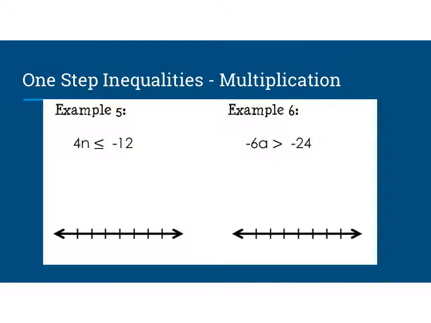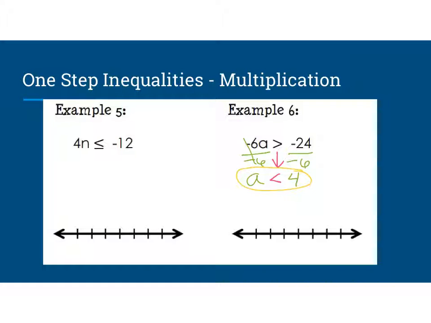Now looking at multiplication, we're actually going to do example 6 instead of example 5 first. So when we look at this, I know that I want to get the a by itself, so I'm going to have to divide both sides by -6. But because I divided by a negative number, I have to flip my inequality sign. So I still cancel everything out and divide like I normally would, only I have to flip that inequality sign